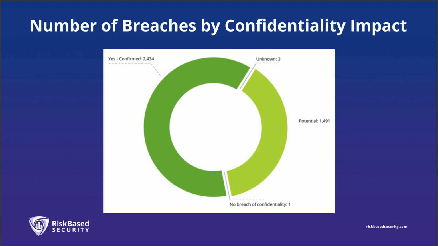And this is another area where I think we're seeing some of a ransomware effect start to come out again in the year. In the past, usually the percentage of breaches where the data is confirmed to be exposed is in that 80 to 85% range. Whereas in 2020, you can see from the pie chart that that's not quite 85% on that confirmed. And in fact, it dropped down to 62% confirmed.